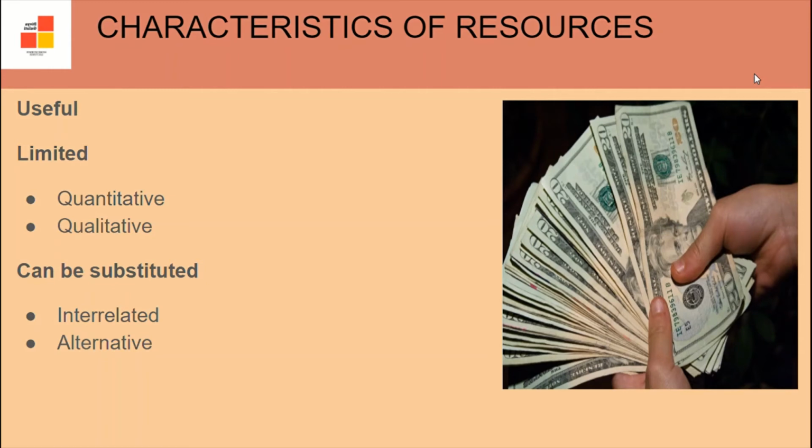Example, the amount of money available to a member of a family at the beginning of the month is different as compared to the end of the month. Interchangeability: almost all resources have a substitute. If the school bus does not come, one can take an auto. Manageable: since resources are limited, they should be managed properly and effectively for their maximum use.